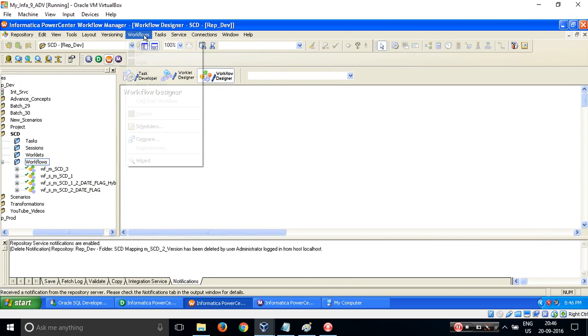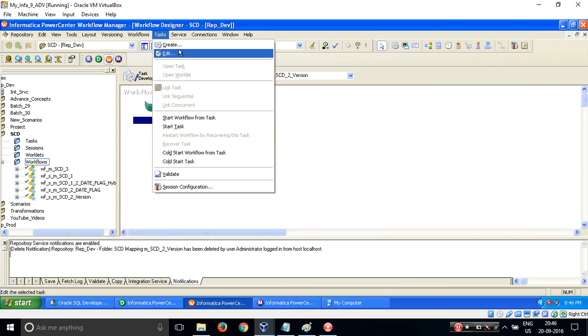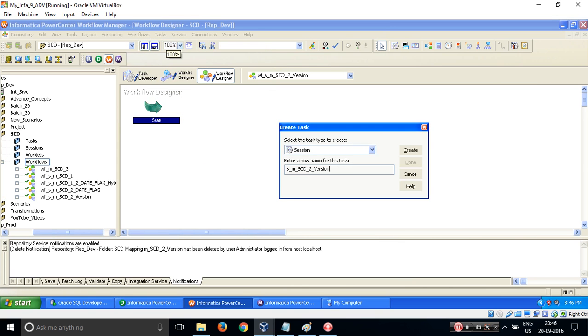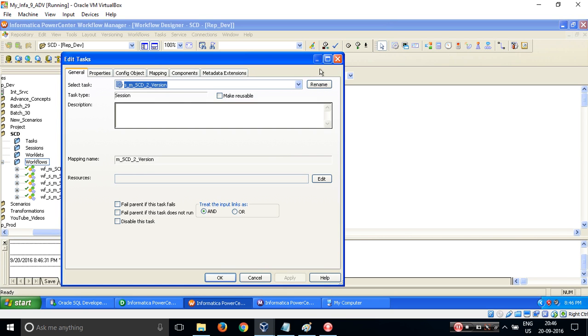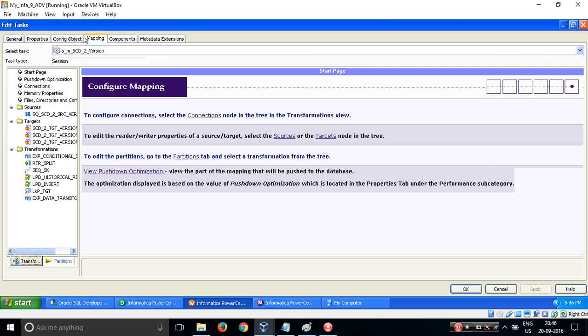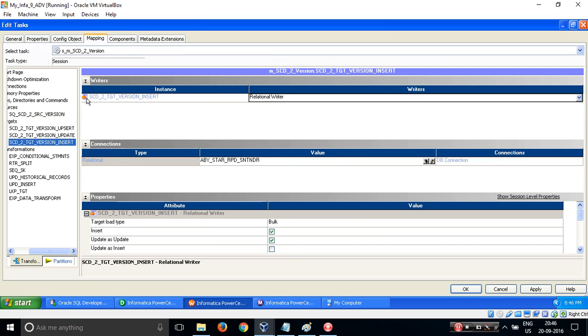Let's go to the workflow. Create a new workflow with the naming standards. Create a task, that is a session. Again, the naming standards. Associate your mapping. Link your mapping. Go to the mapping tab. Source is coming from the staging schema. And target, from here it tells you, so this is my star schema, it tells you correctly which property needs